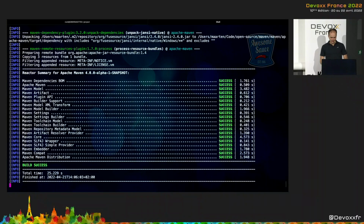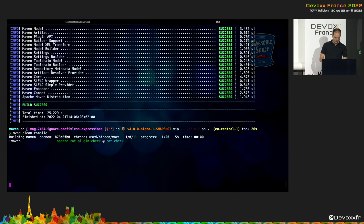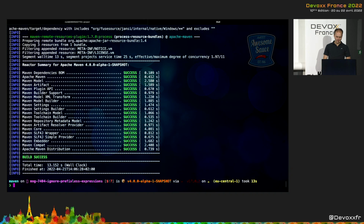Where are we? We are at 20. Oh, it's not that bad. It's 25 seconds. The last time I rehearsed at home, I think I was on battery rather than on AC, so it took a lot longer. But still, for measurements, 25 seconds versus, oh, do we expect 10 seconds? We're at 95%. 13 seconds. That's both a clean compile, so it wipes your build target folder and builds it all